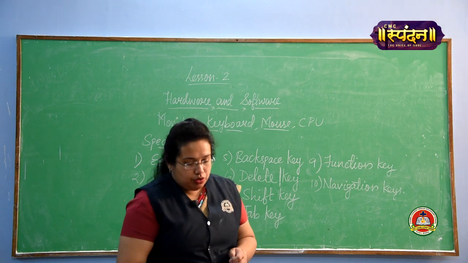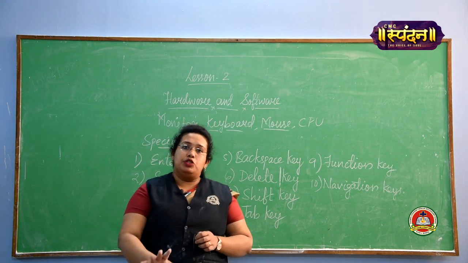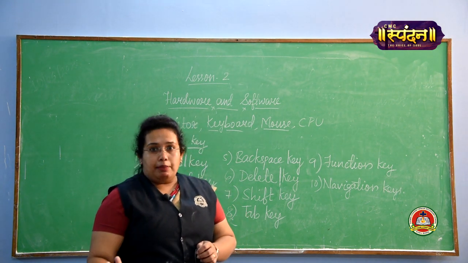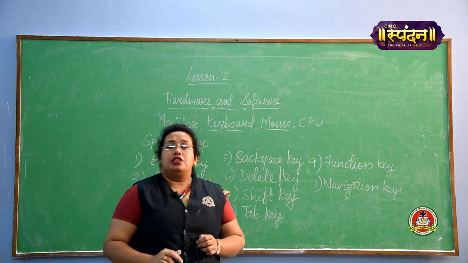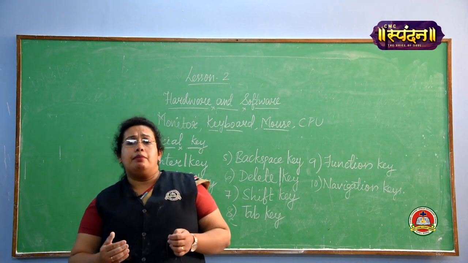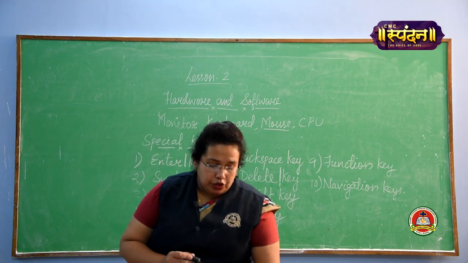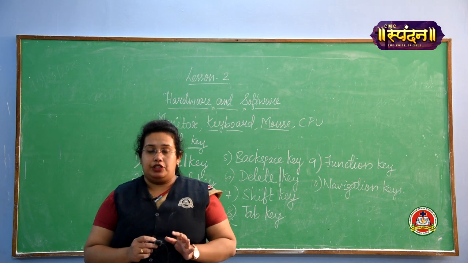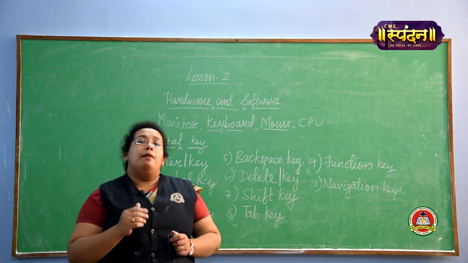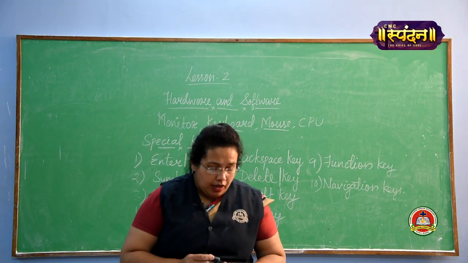The right button is used to open a list of commands. Only that much work we need from the right button, it opens a list of commands. But the left button we use mostly, that is we can open any program, we double click to open any program, and we use a single click to select any item. And the scroll wheel we use to move the page up and down. So all these three functions are there in a mouse.